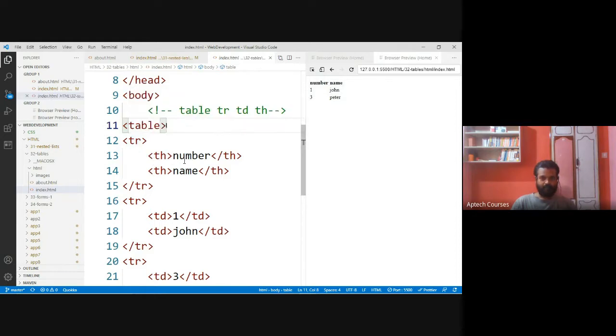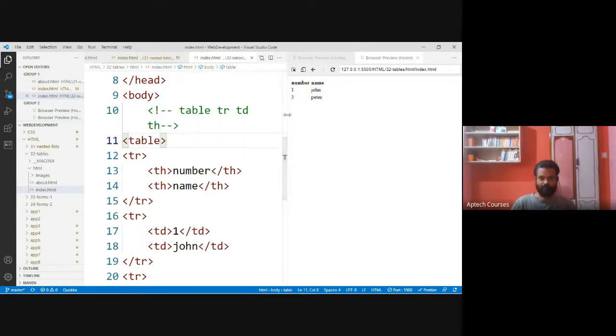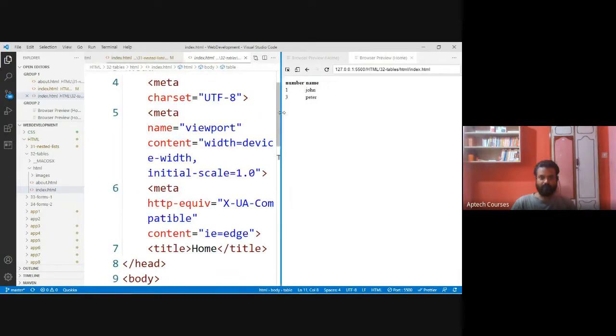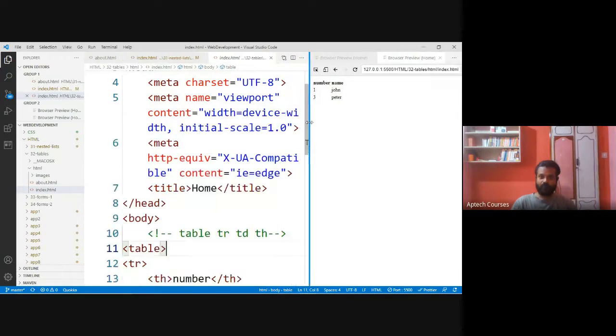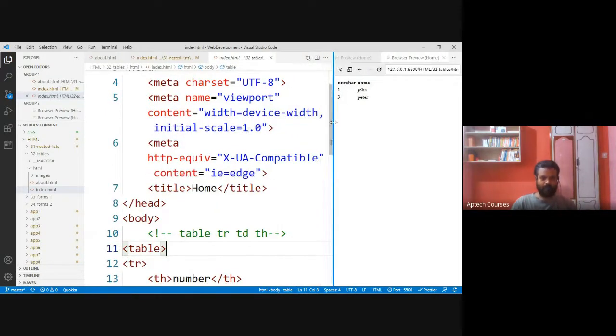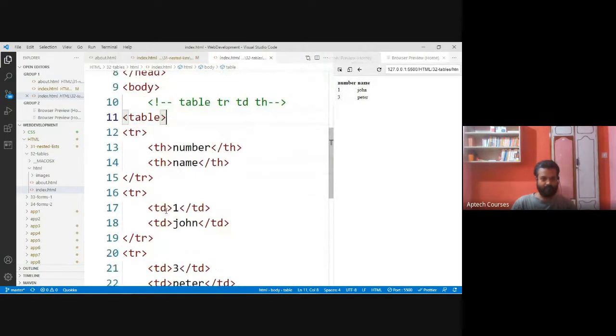Now table heading. By using table heading, we are supplying some text: number, name. Now, what is the difference between table heading and table data? See here, this is TD, this is TH, table header. In case of table header, we are getting the bold format, number and name in bold.